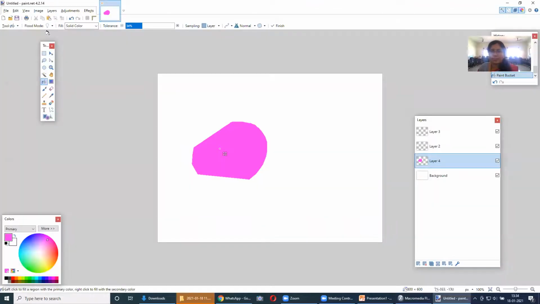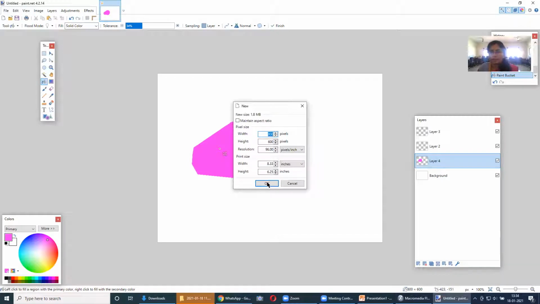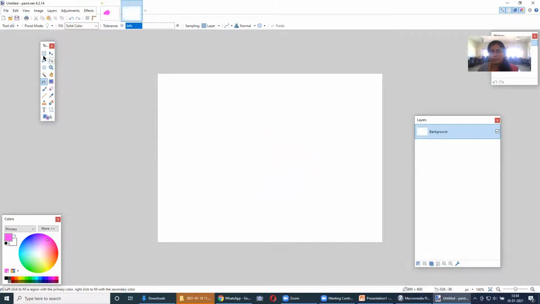Let's try to make some new shape. I'll just take a new one. Okay. So I'm making with the help of shapes. I am going to make a rectangular shape.